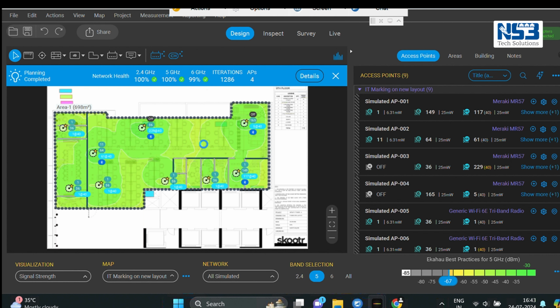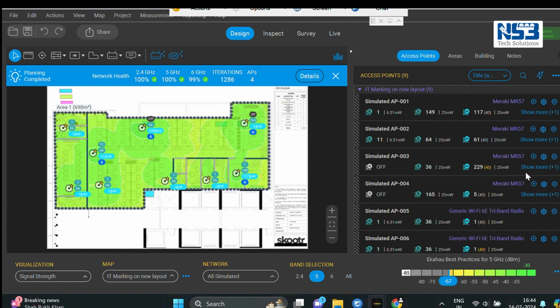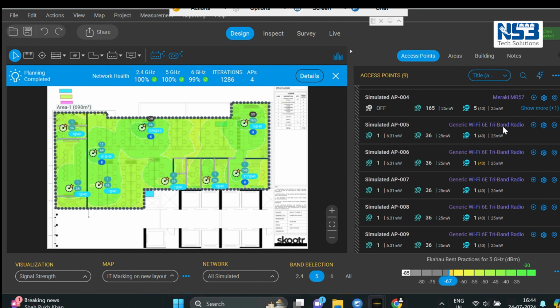We can adjust the AP's location as per the ranges, because the agenda is to cover all the parts.